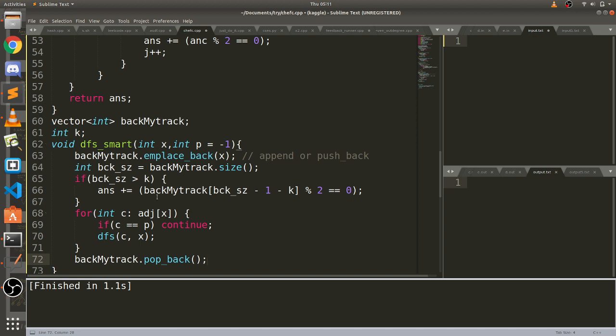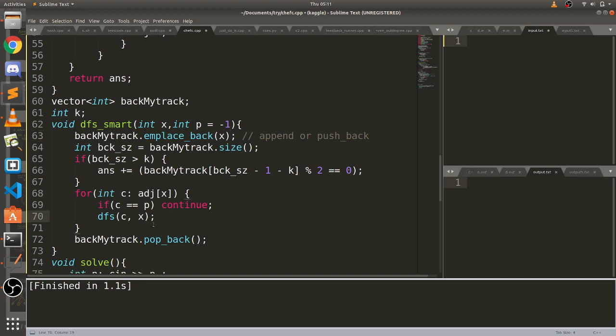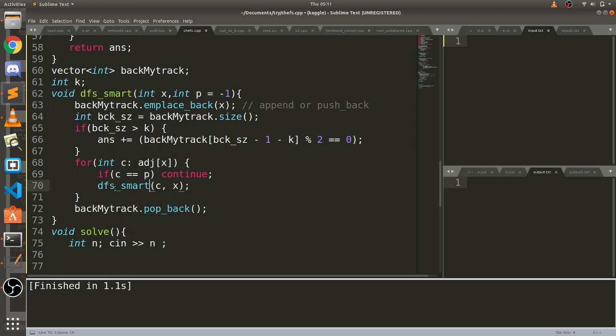And if size is greater than k, this code will give you the kth ancestor of this particular node x, where x is the end node of this list. And you are doing the same normal recursion. This is the DFS smart code, I forgot to change the name here.